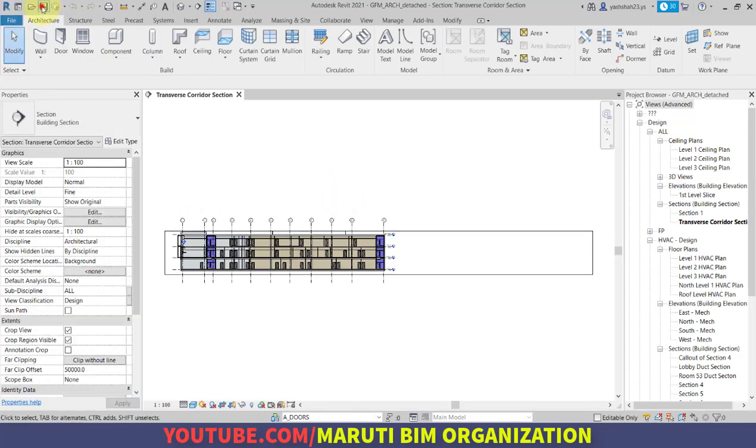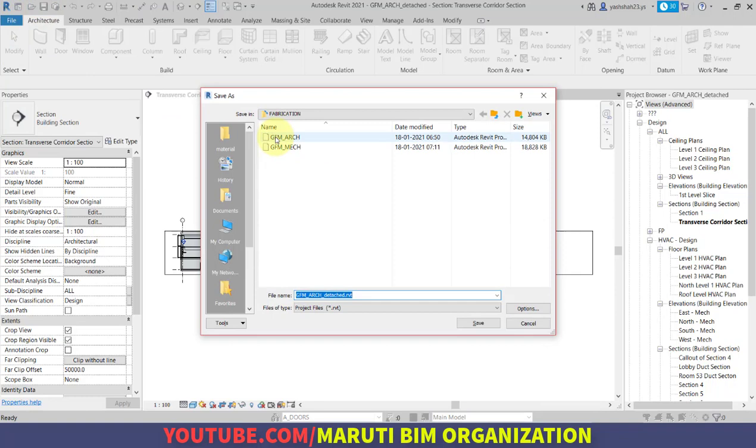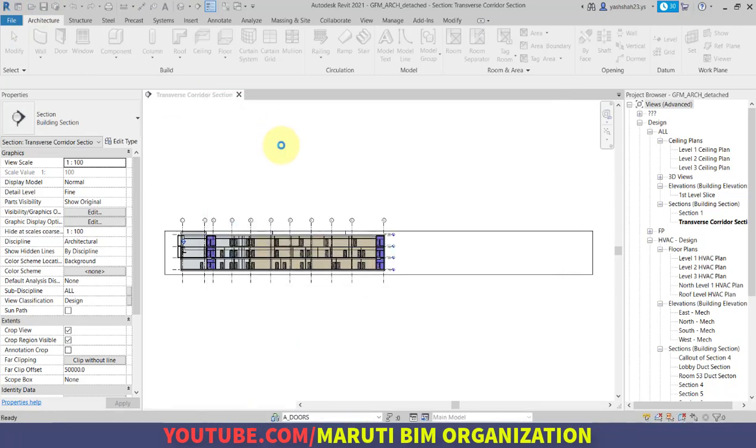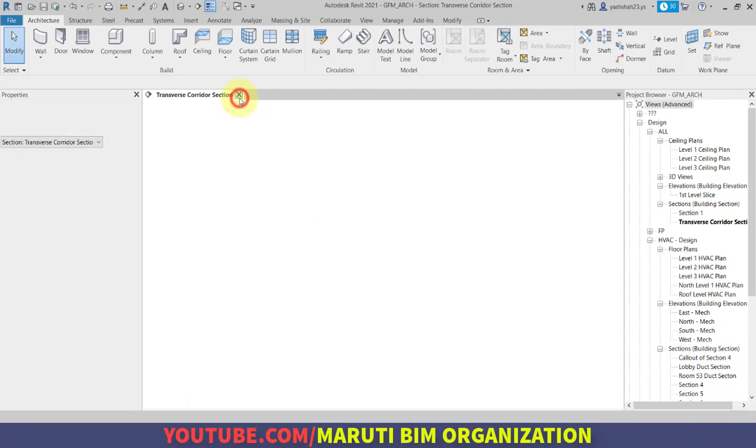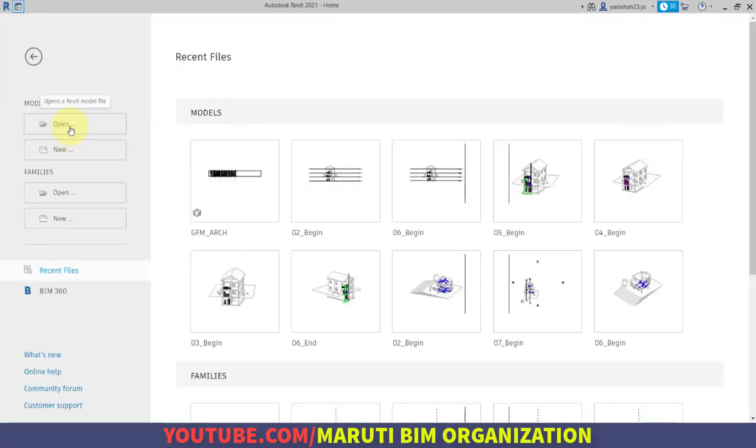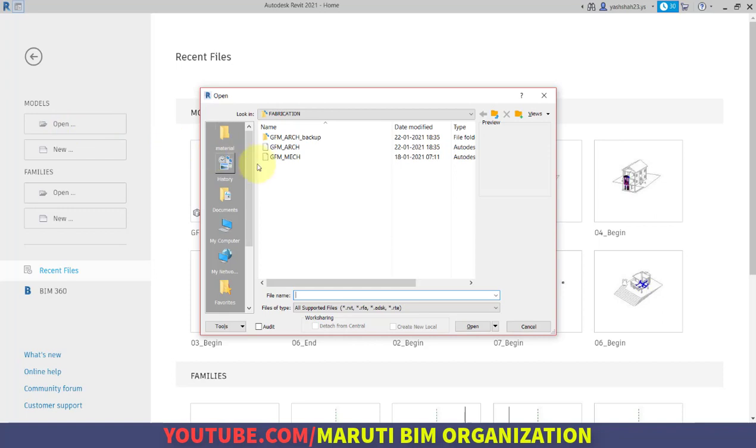Directly clicking on the save icon, GFM architect, and double click. Yes, we want it to be replaced, and we will close this file. The purpose of this process is that we want to detach the file from the central file so that you can have a basic idea of how to use Revit.